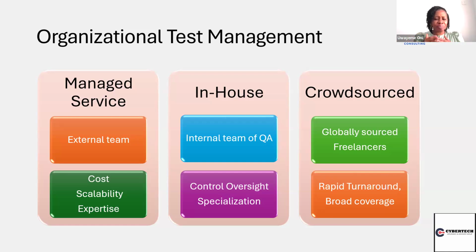Now you see a lot of testers work remotely. I can be here now and I'm working for a company in Canada, in the US, in Ireland. You are freelancing because they just need people that have the skill sets and just execute, provide reports for me, follow the process. There's a quick turnaround time. So where in your organization are you and how would it fit? These are considerations you need to make when you're thinking about bringing QA in